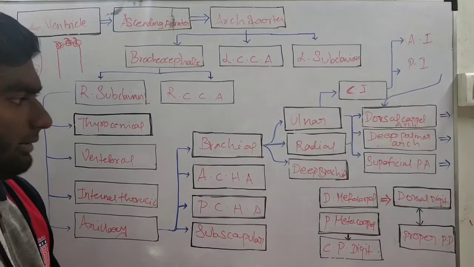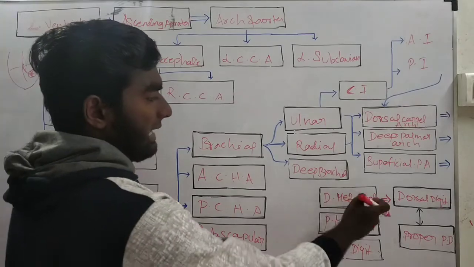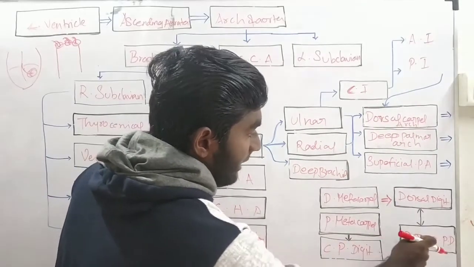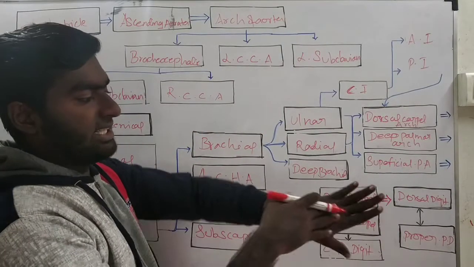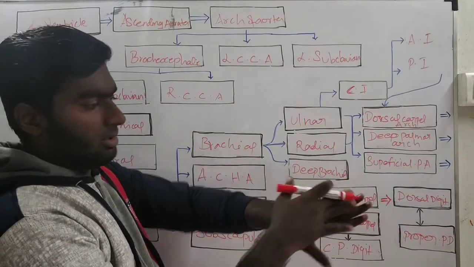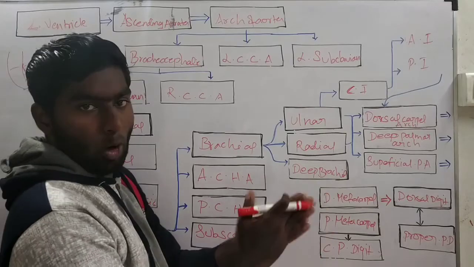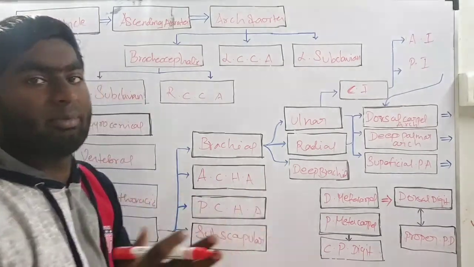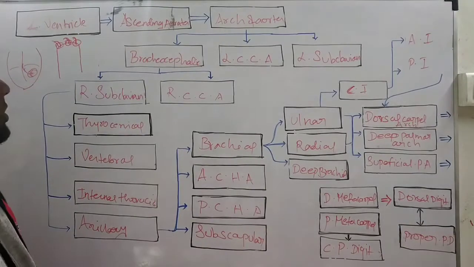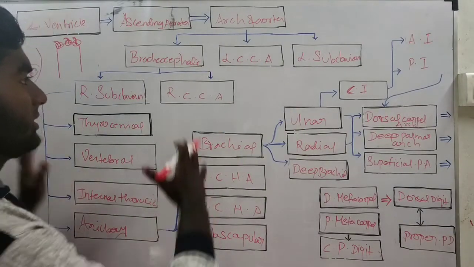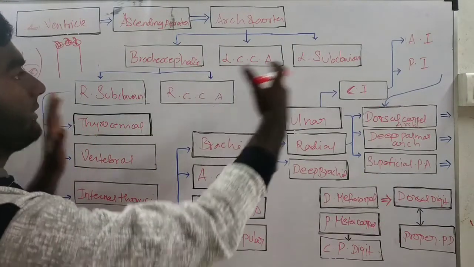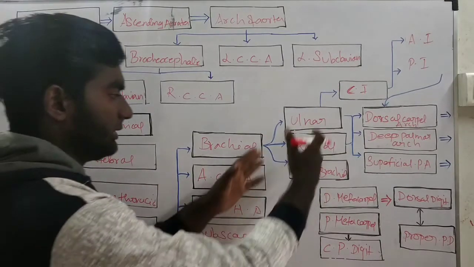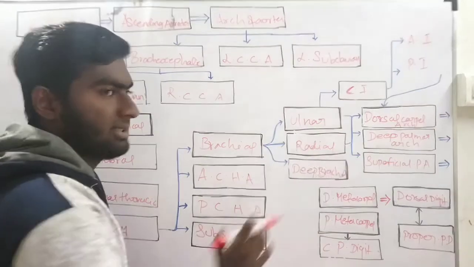The next topic. The dorsal metacarpal supplies the dorsal digital, then the proper digital. So the dorsal digits move here, and these are the proper palmar digits. It supplies the phalanges. Digits, another name is phalanges. So this is the overview of the arteries of the upper limb. Next topic, I will show the gross anatomy of the arteries of the hand.